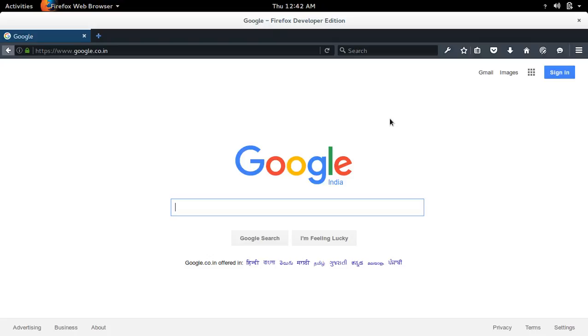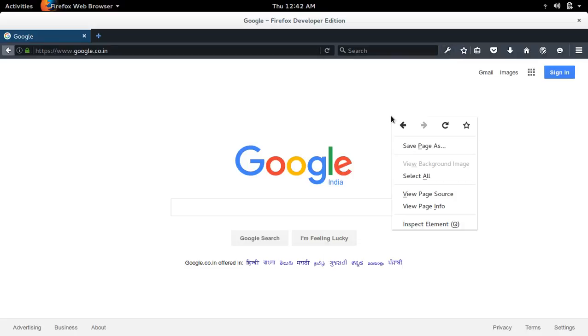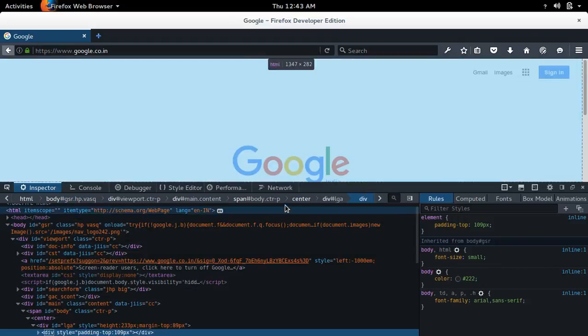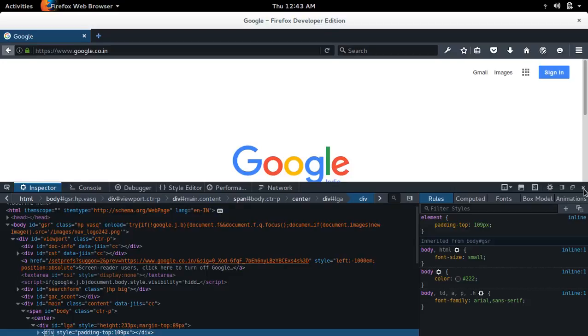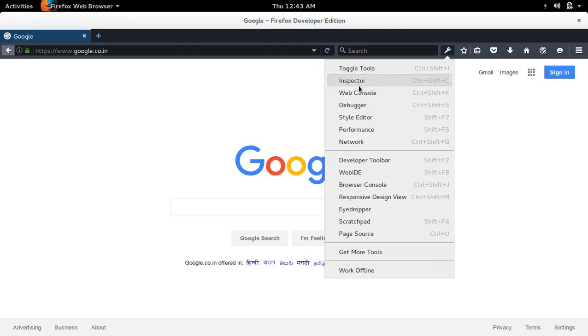Actually, Firefox provides a built-in web developer tool. So you can see that tool here. It provides inspector, web console, debugger, style editor, performance, and network. These are the tools it provides. You can select a tool by right-clicking on the page and selecting Inspect Element. That's one way. Or you can click on this icon, then select any of these options, for